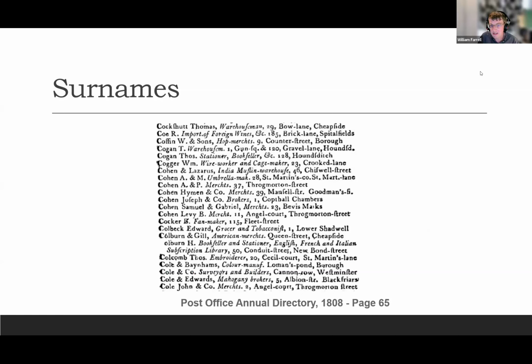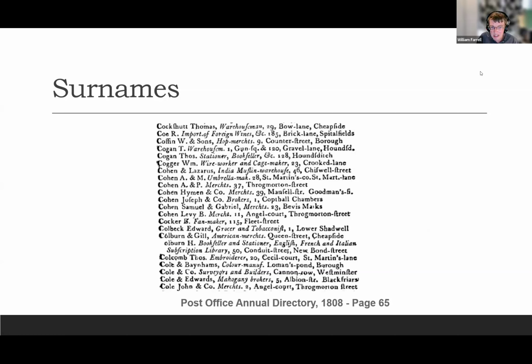So an obvious thing is to search for surnames. There are lots and lots of surnames in there, and you will get lots of results back, particularly for common surnames. This is an obvious point to all family historians, but I will repeat it. The more common the surname, the more results, and the longer it will take to go through them. And surnames which are both surnames and occupations, like Taylor, you will be overwhelmed with results, particularly for the directories for London and Manchester and so on. But be patient because they are there.